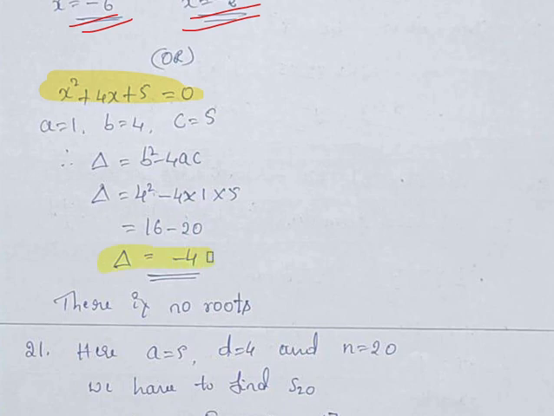They have tagged one more question: find the nature of the roots. So what is the nature of the roots here? If you got the delta value negative, that means, here we got delta is negative,